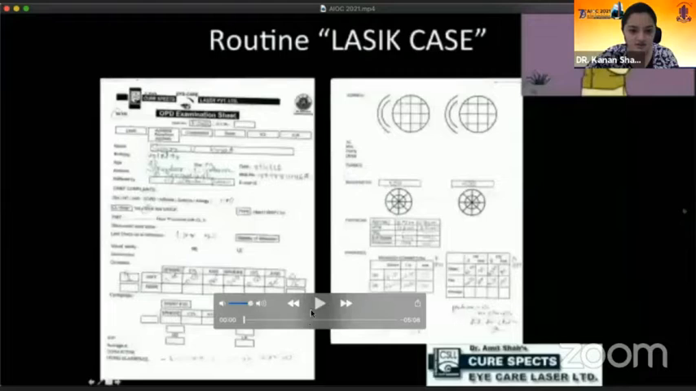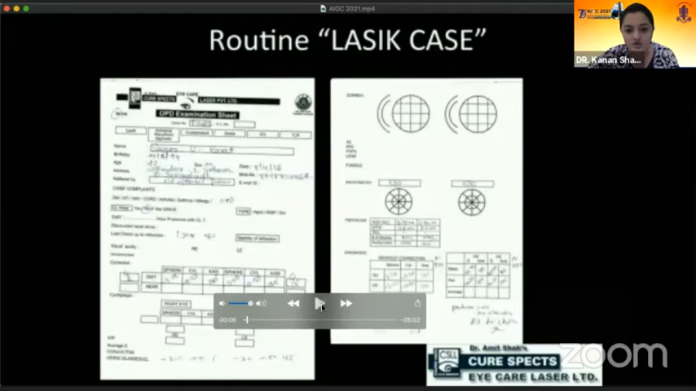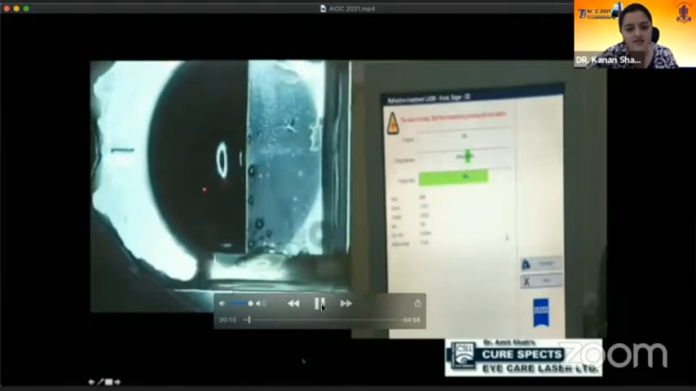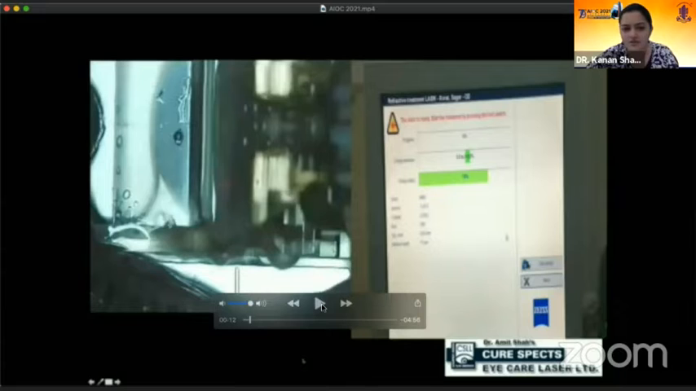So let's start with some unique refractive surgery complications. Here is a patient's details. The patient has -3 myopia with normal topography and Pentacam reports, with 500 pachymetry. Everyone could consider it a routine normal LASIK case. So we also considered it a routine case, and we started the treatment as per the normal